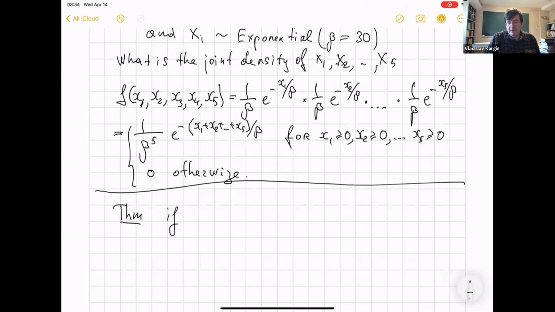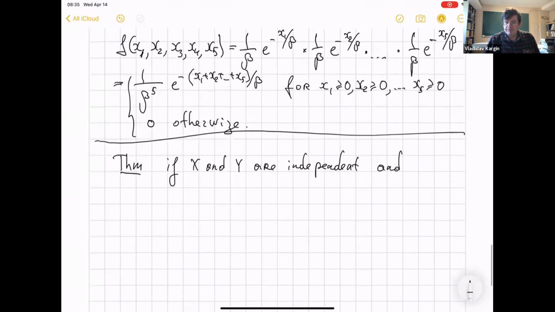So if X and Y are independent, and say g and h are two functions, and these functions map real numbers to real numbers,